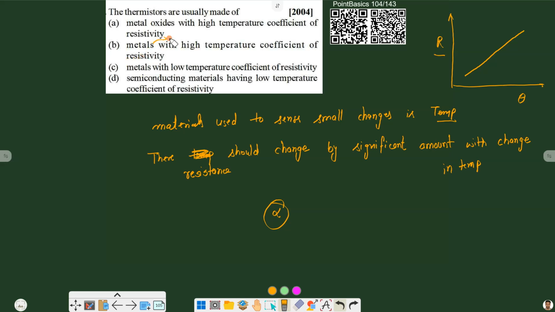Actually, it should be metal oxides. Okay, that's mentioned in the option A. So option A, metal oxide with high temperature coefficient of resistivity, is the right answer. Moving to next one,